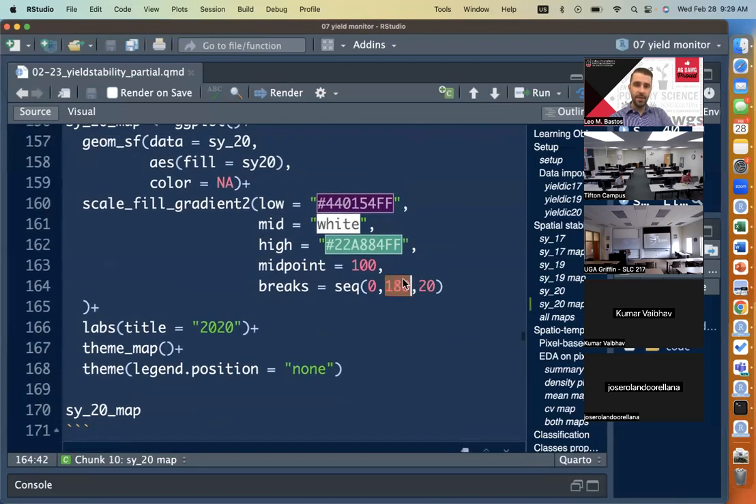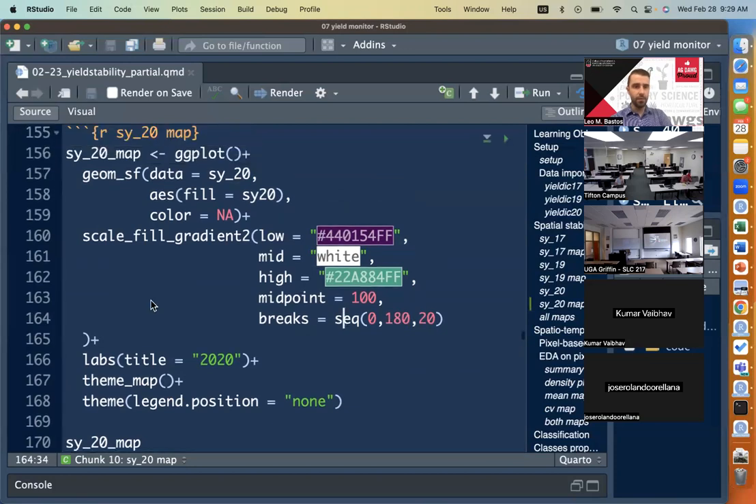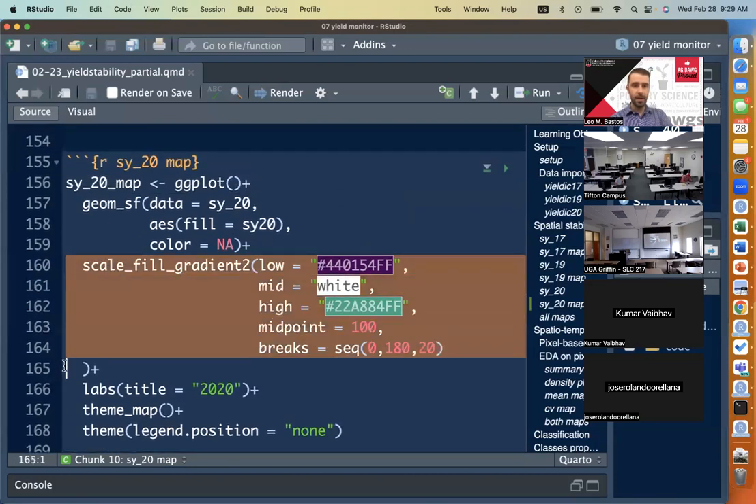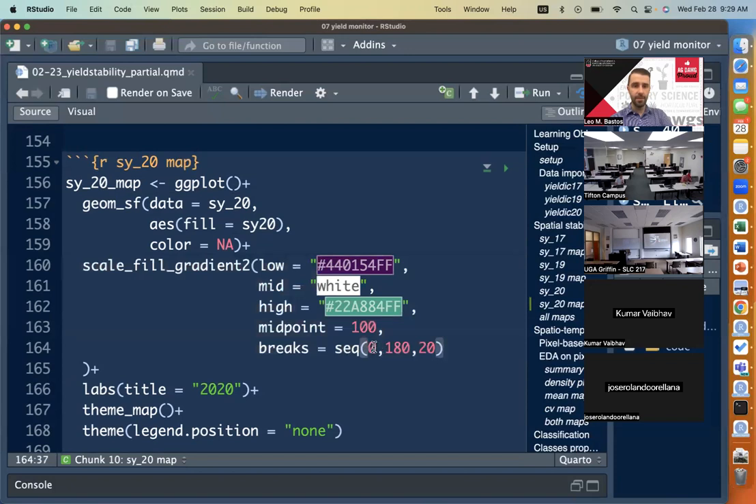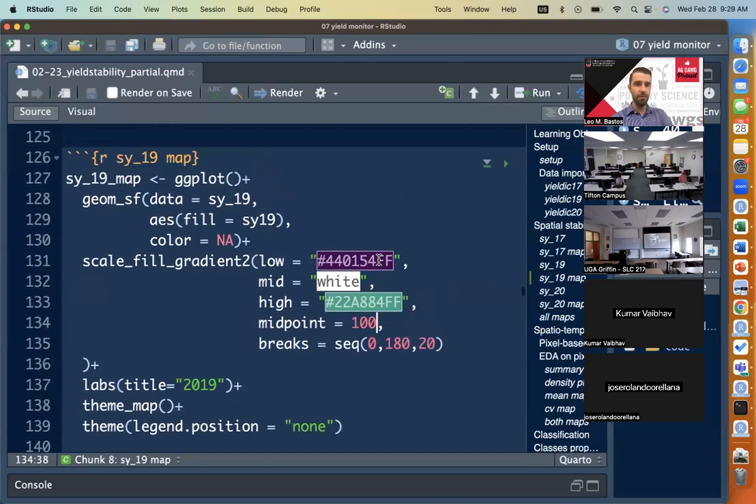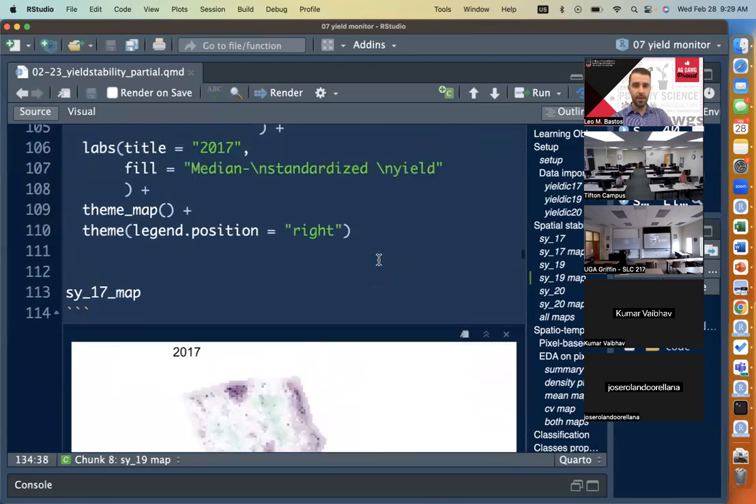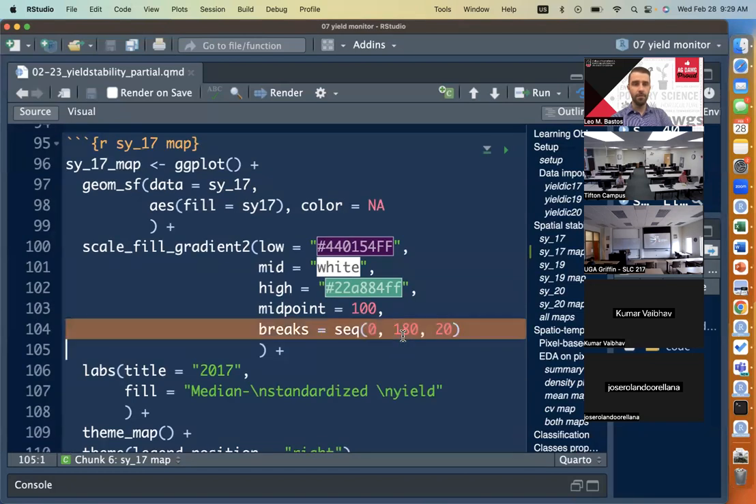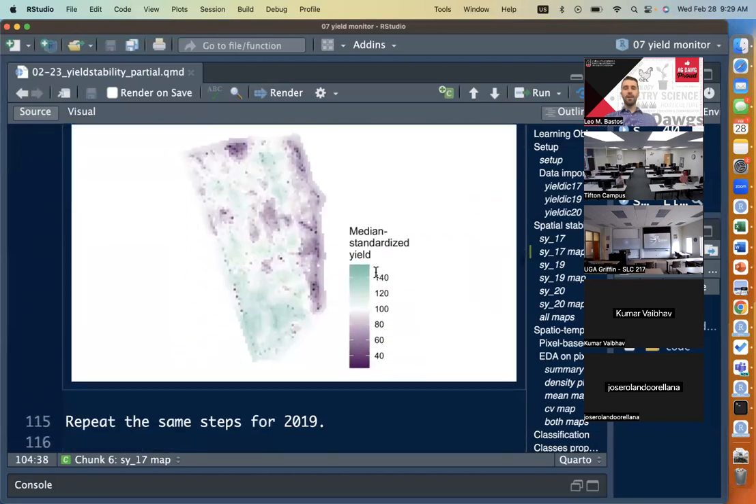So what we did here, well, let me see. So for the map of 2020, I did the breaks, I guess, going from 0 to 120 at intervals of 20. Let me see what I did for the other two. So the same for 19 and the same for 17. So what is happening is we are allowing it to have breaks that go from 0 to 180, but probably because it's looking at our data and it's just